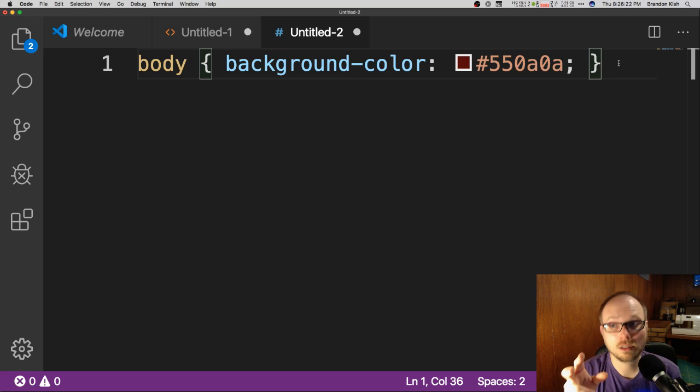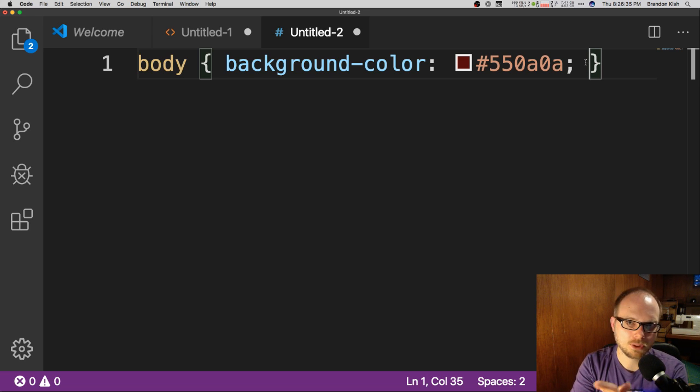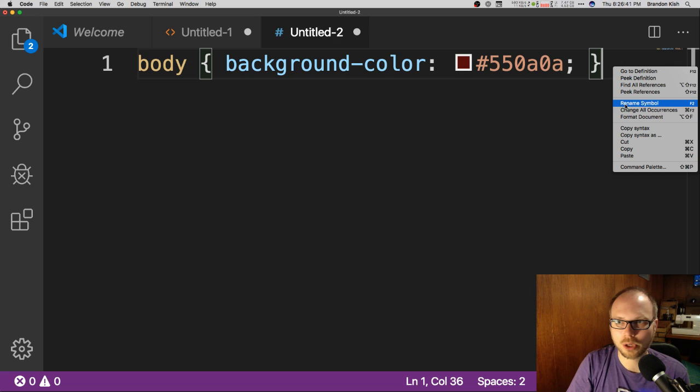Now the thing that I love doing, and I used this when I was grading last semester, is everyone writes their CSS like this. Like they'll have one long line with a bunch of CSS properties. And you know from my previous live streams that I like to write them with each property or statement on one line. Well, if you right click anywhere in Visual Studio Code, there is a format document option, which is available as Option Shift F here on the Mac.